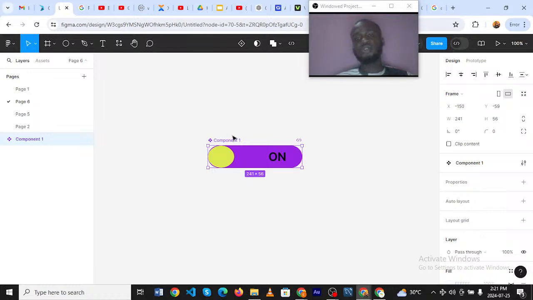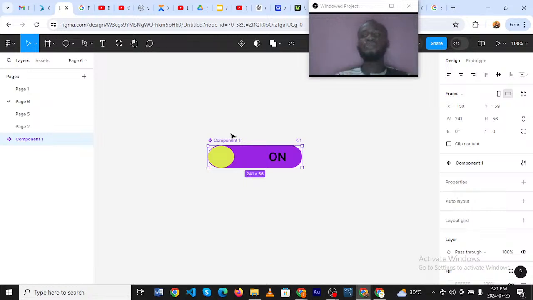All right, so what we did first was we created a shape down to a circle, and then we inserted the text, and then the next thing we did was we highlighted everything and created components. So is that easy? You highlight and create component. Once we've created this component, there's what we call variant. Now a variant is a child of the father. Let's say component is the father, variant is the child.